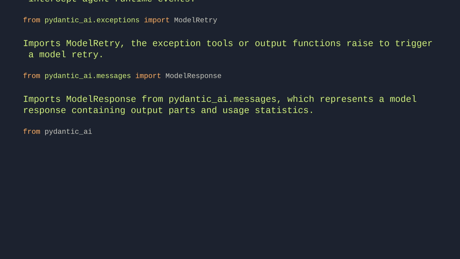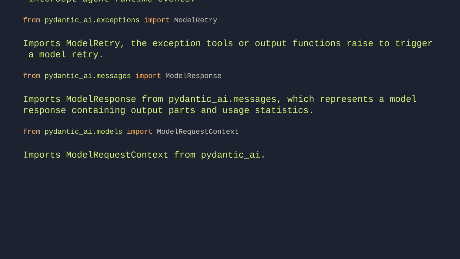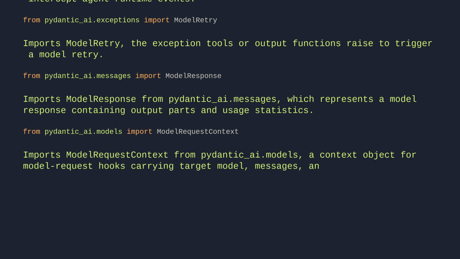From pydantic_ai.models import ModelRequestContext. Imports ModelRequestContext from pydantic_ai.models, a context object for model request hooks carrying target model, messages, and request parameters.